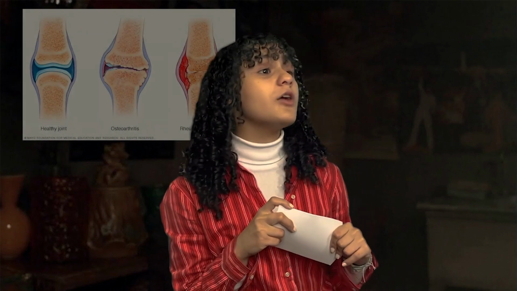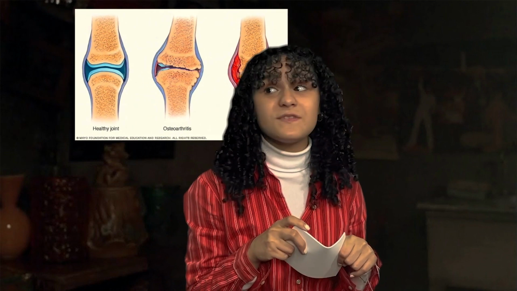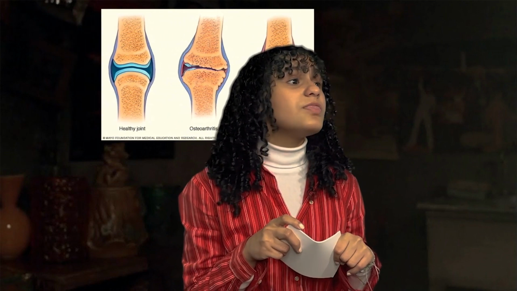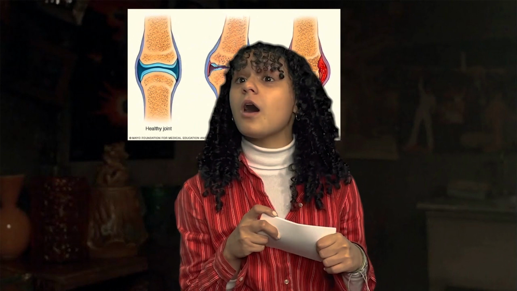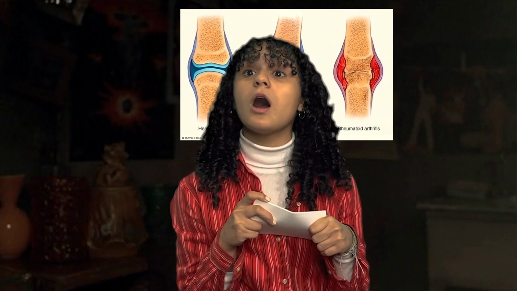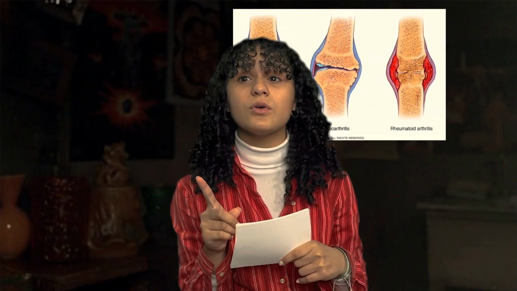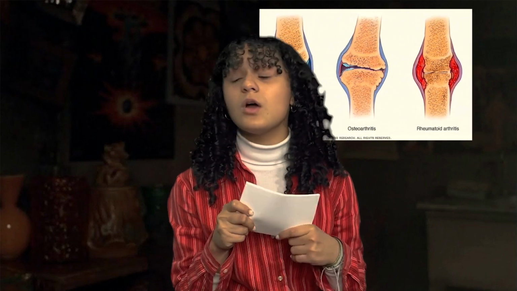Arthritis describes over 100 different types of inflammatory diseases which have symptoms of pain, stiffness, and swelling. The most common chronic arthritis is osteoarthritis, often called wear and tear arthritis, which is the most common as you get older. It occurs when the protective cartilage that cushions the ends of the bones wears down over time. Rheumatoid arthritis